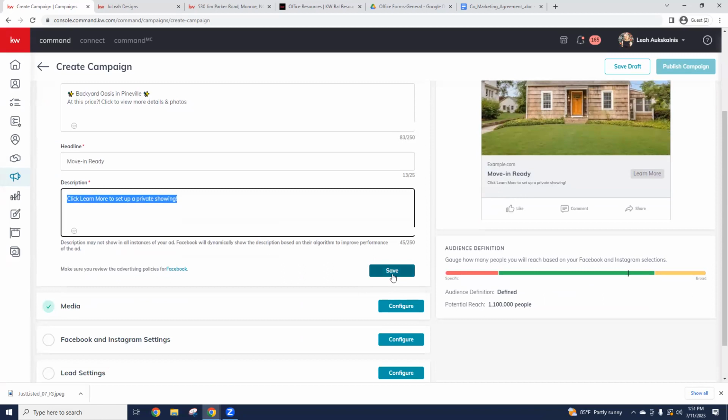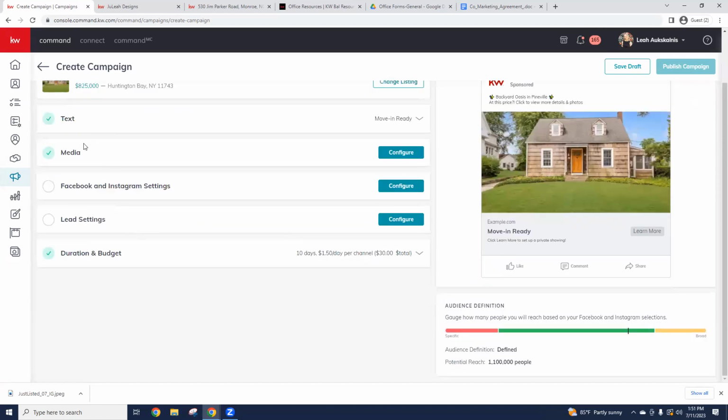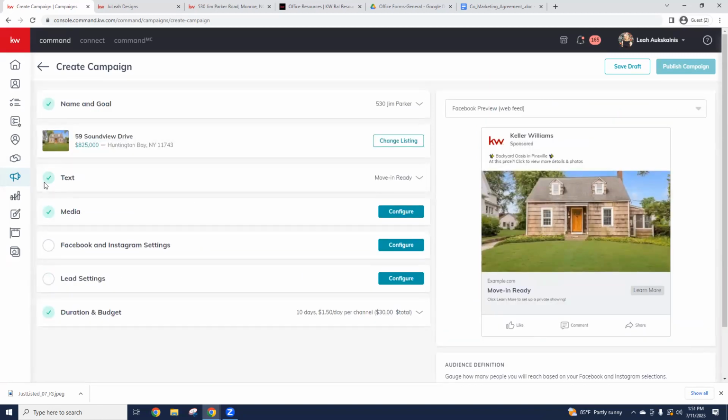All right, and I'm going to click save. And I can see on the left-hand side here, now that I saved that, all the things I need to do in order to launch the ad. So I did the top 2. So now for the Facebook and Instagram settings, if I click configure, oh, sorry, actually media, we can add more